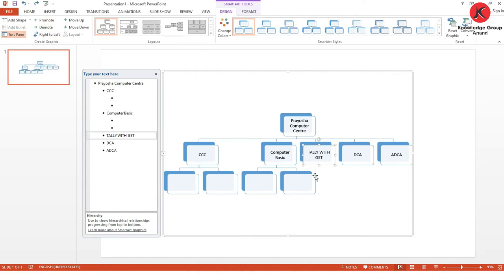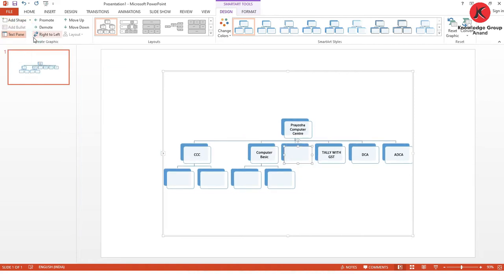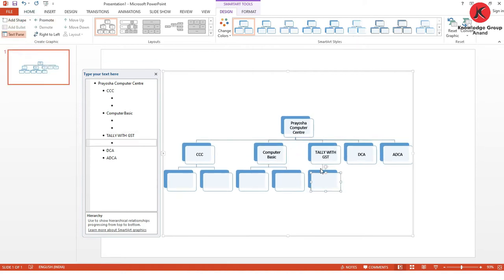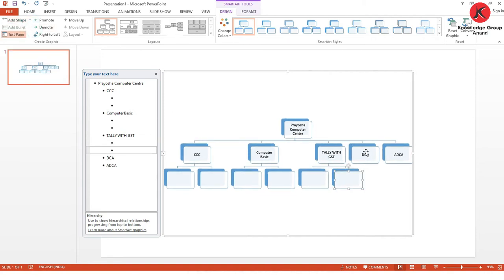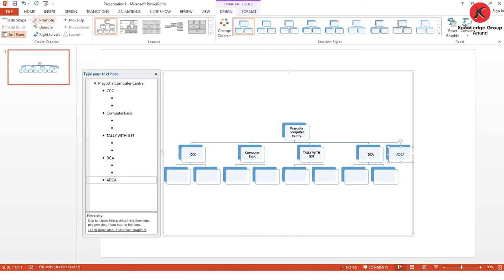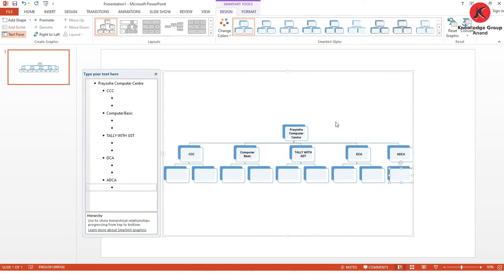So we are going to select it and add shape before or after. So I am going to use the before, so not before, it will be the bottom side, so it will be after. Okay, it will be below and then it will be after. Then this way we can add shape, first it will be below and then the after. Okay, same way here, click here, then add shape below and then we can click here after.